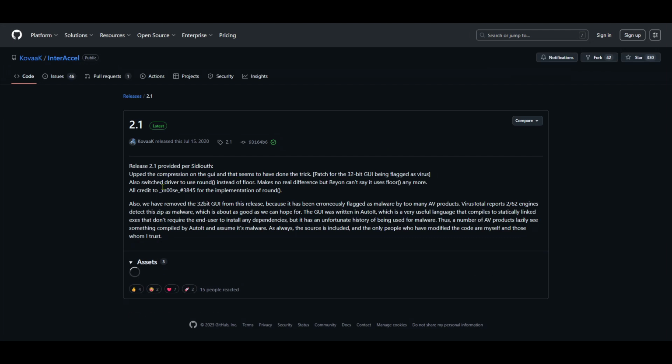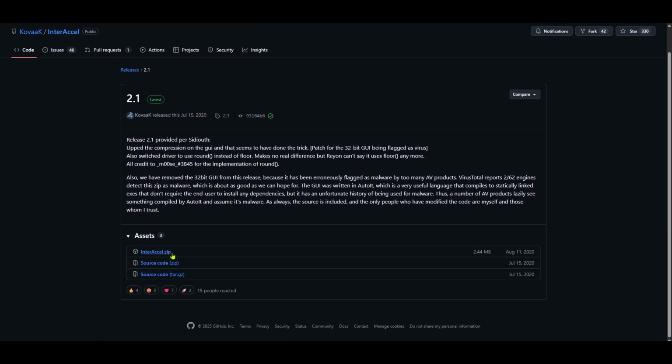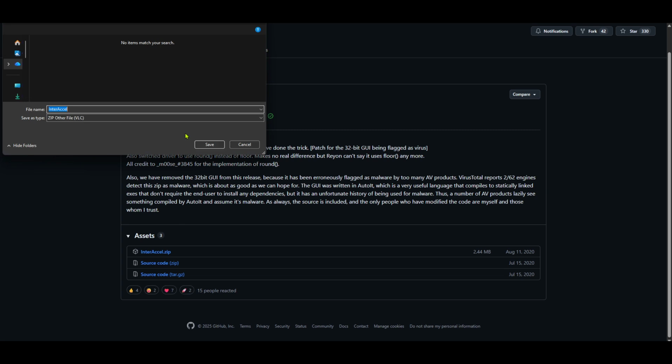It's crucial to ensure you're downloading from the Assets section, as these files are tested and verified by the developers themselves. Within the Assets section, look for the link that says Download Latest Version. Clicking this link will start the downloading process. Make sure to save the file in a location on your computer that's easy for you to access, such as your Downloads folder or directly on your desktop. Depending on your internet connection speed, this download might take a few seconds to a couple of minutes. That's it. You've downloaded Raw Accel.